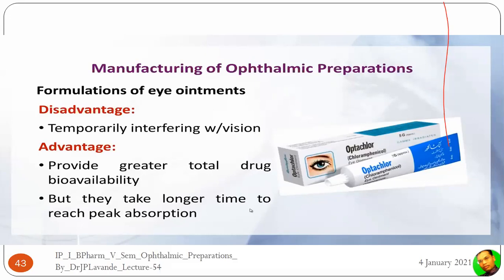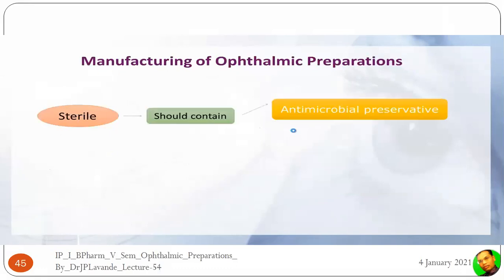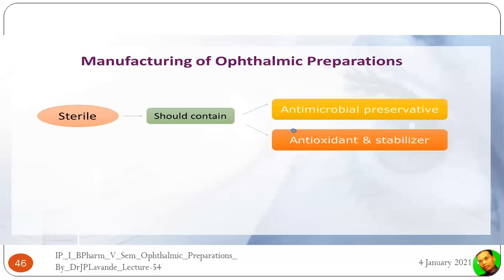Although the ointments have these advantages, they are also associated with disadvantages. The disadvantage is that they temporarily interfere with the vision, because there is a base, so it blurs the vision. That is the disadvantage associated with this ophthalmic preparation. Ophthalmic preparations should be sterile. How can we make it so? By the usual method. Then it should contain antimicrobial preservative,